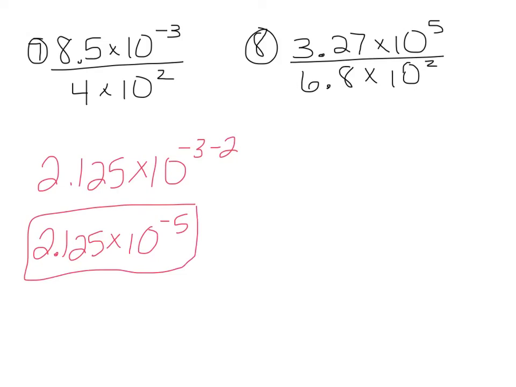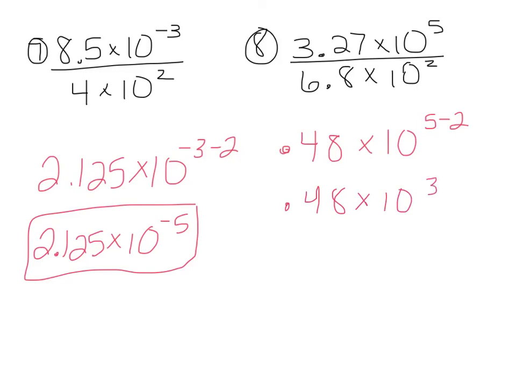Okay. For the second one here, we're going to take 3.27 divided by 6.8, and that gives you 0.48, we'll just say, times 10 to the 5 minus 2. So we divided this number by this number, and then subtracted the exponents, because if you remember from the very first slide, that's what division is, just subtracting the exponents. Okay, and now we have 0.48 times 10 to the